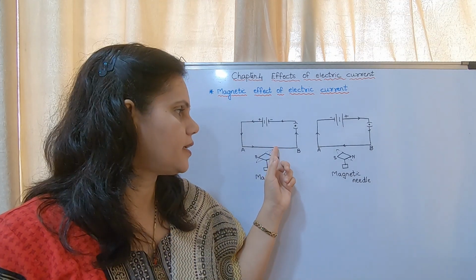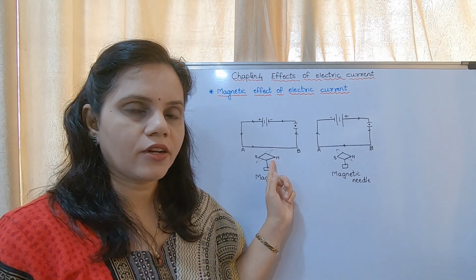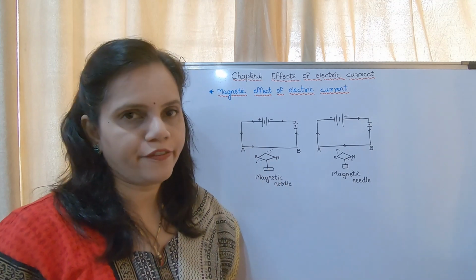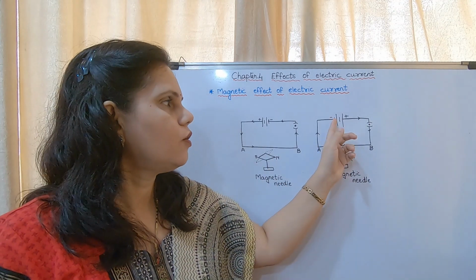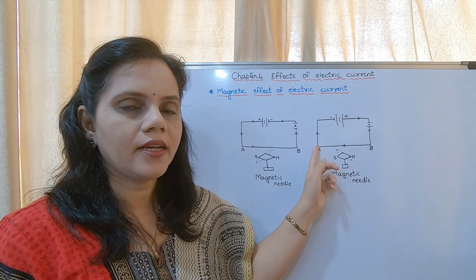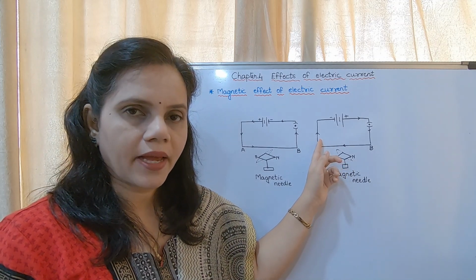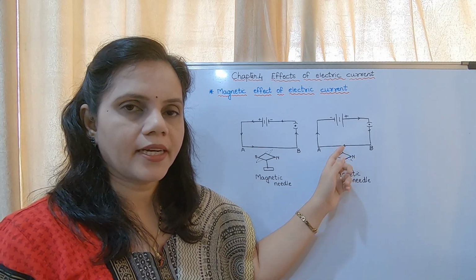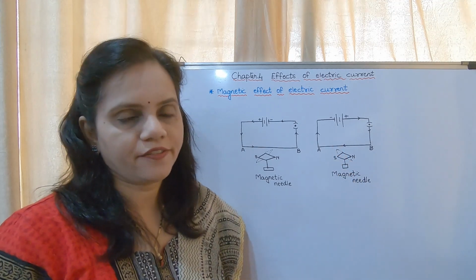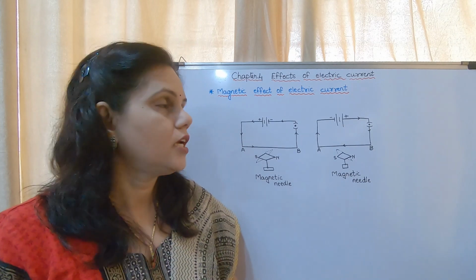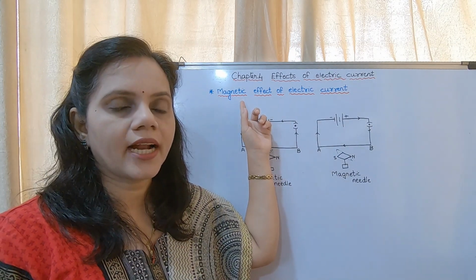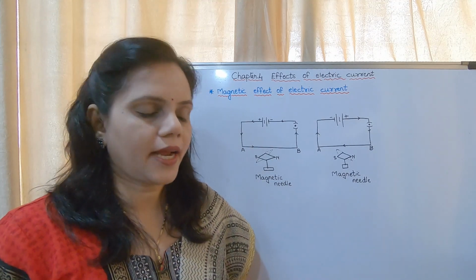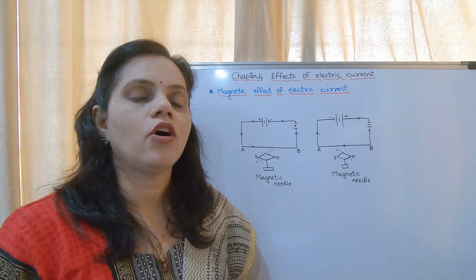Due to that magnetic effect and the magnetic effect of the needle, they develop like and unlike poles and they get deflected. Similarly, when the current flows through this wire, the wire will start acting as a magnet. This is also a magnet, so the magnet gets deflected. It will show deflection. So this is an experiment to show that electric current has a magnetic effect. This activity was put forward by Oersted.